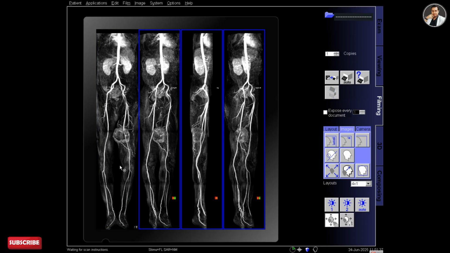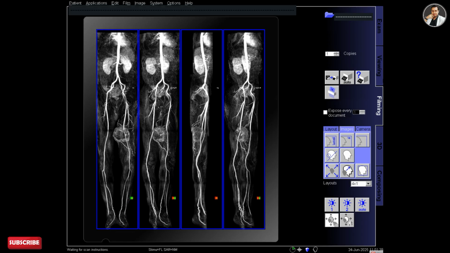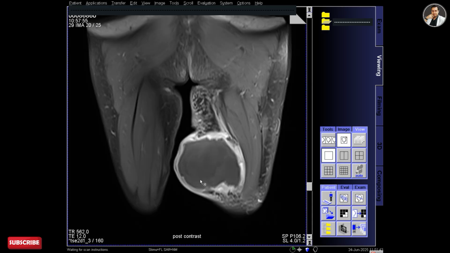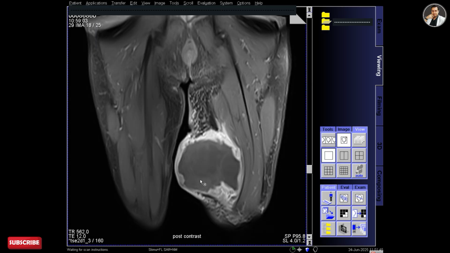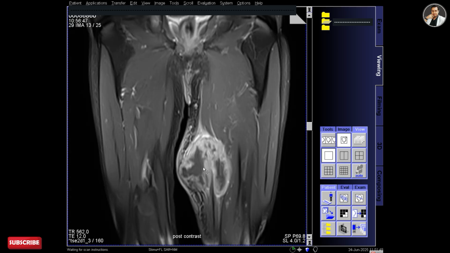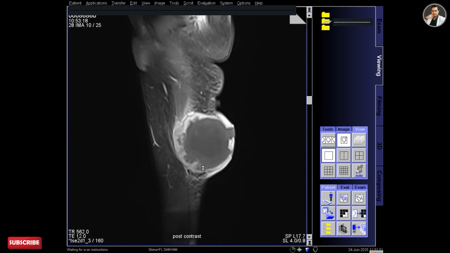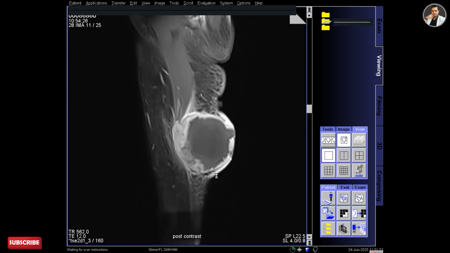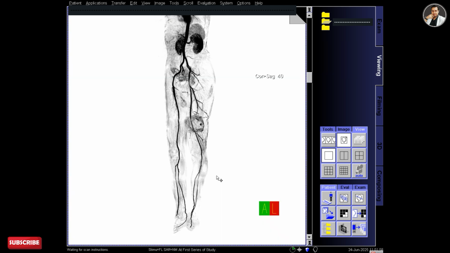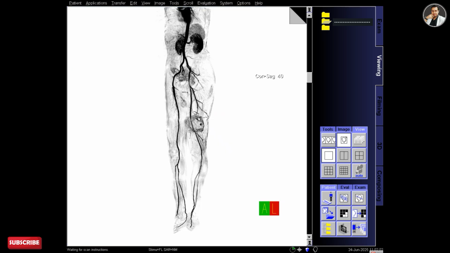Now I am doing filming, and these are the post contrast images of the thigh. You can see that there is a huge lesion in the medial side of the left thigh. This is a sagittal T1 fat sat post contrast, and this is an inverted image of the angiogram.